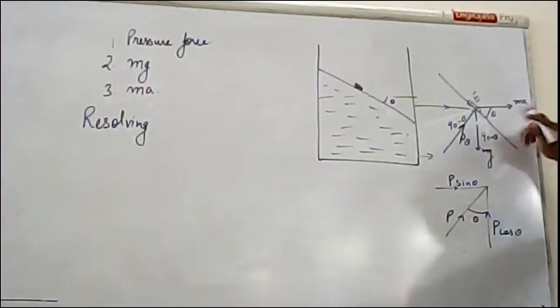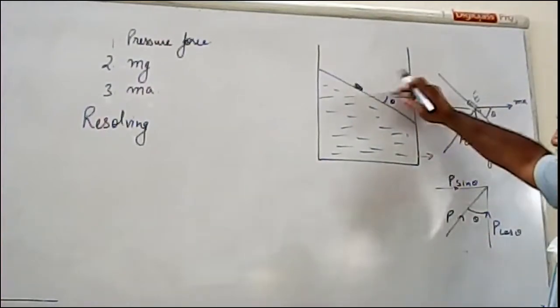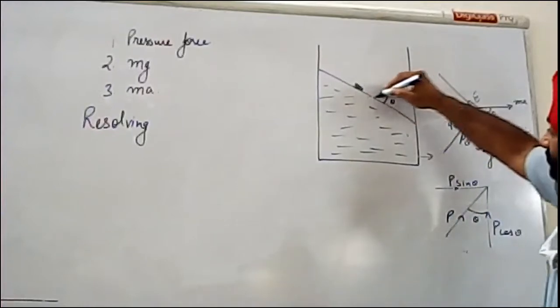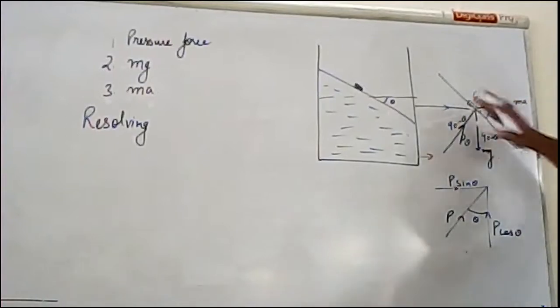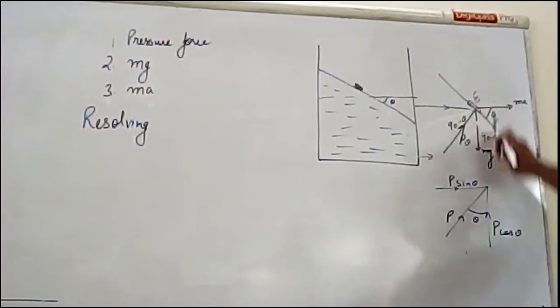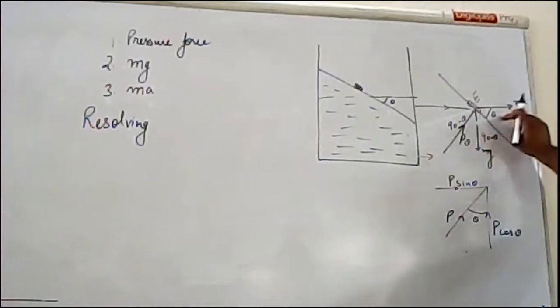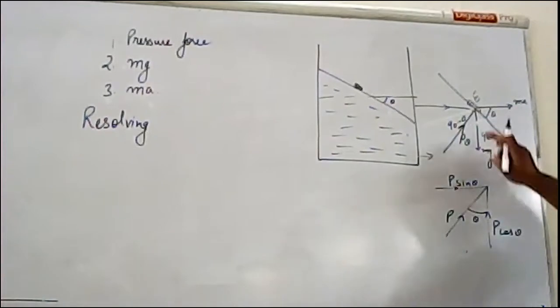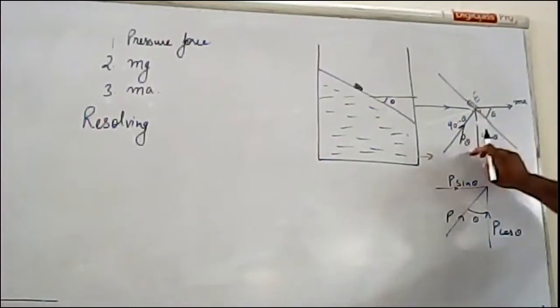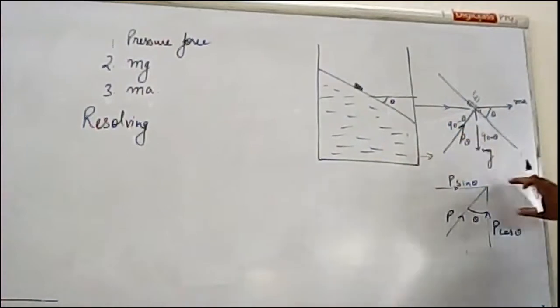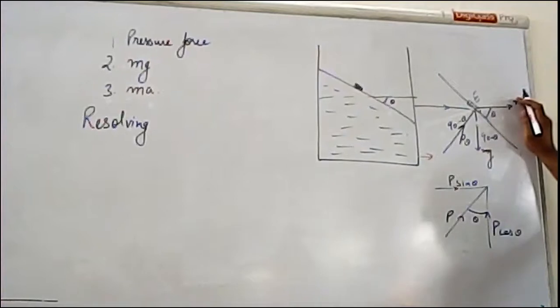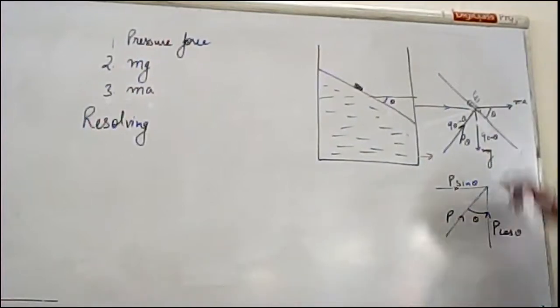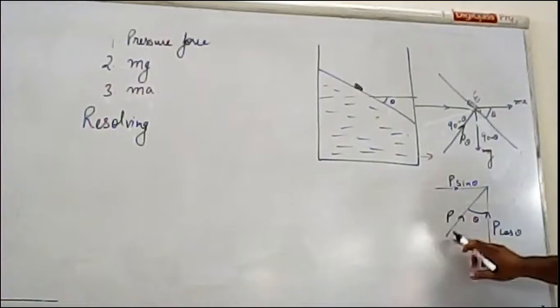Now the surface is making theta angle with the horizontal. Basically, we have to calculate that only. This is the horizontal and this is the surface. This angle is theta. Now this is 90 degrees, so the remaining will be 90 minus theta. Similarly, if you calculate, this is theta, and again this is 90 minus theta. Now this is the pressure force, and we consider this as theta angle. Now we are having P.